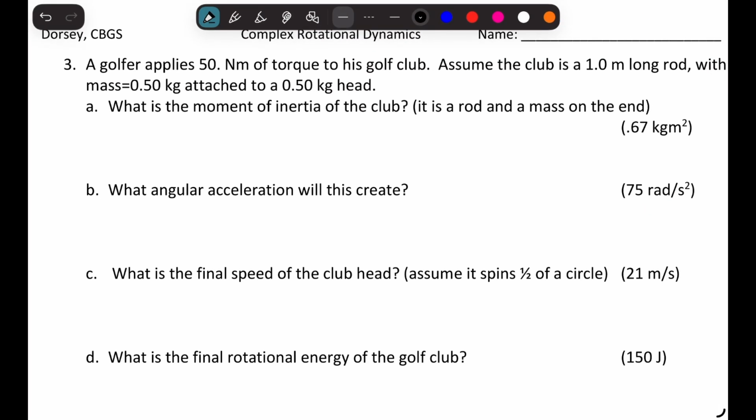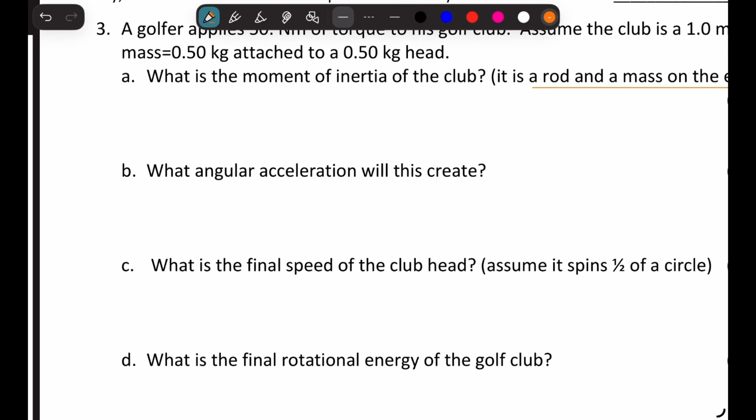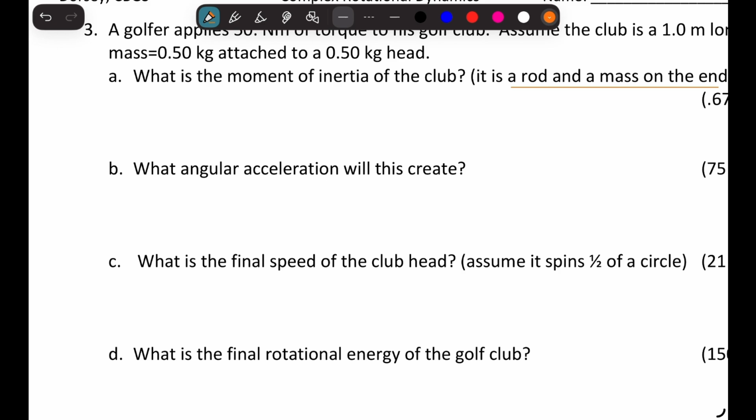A golfer applies 50 newton meters of torque to his golf club. Assume the club is a 1 meter long rod with mass 0.5 kilogram attached to a 0.5 kilogram head. What is the moment of inertia of the club? So it is a rod and a mass at the end. This is the rod, and then there's a mass at the end, and we want to find the moment of